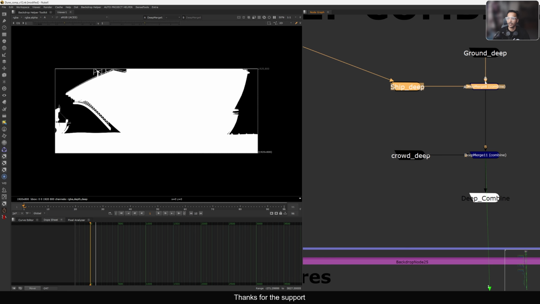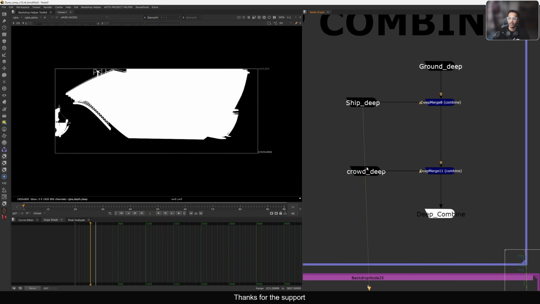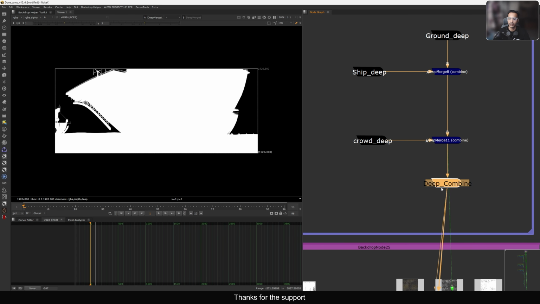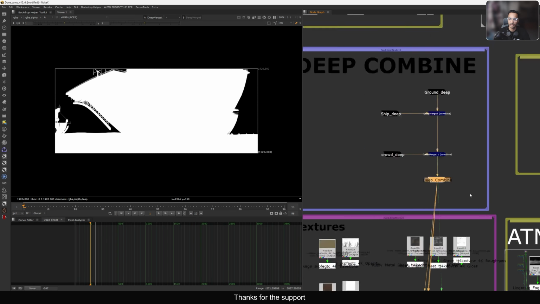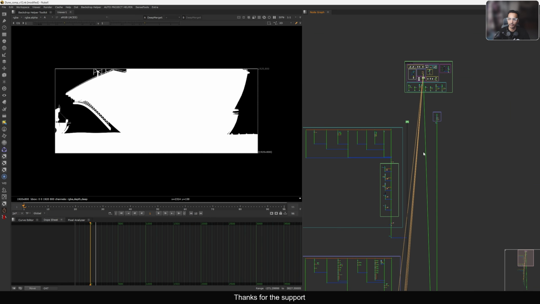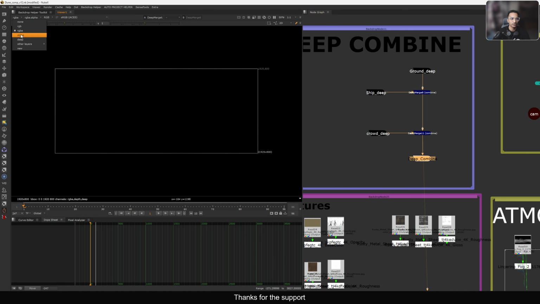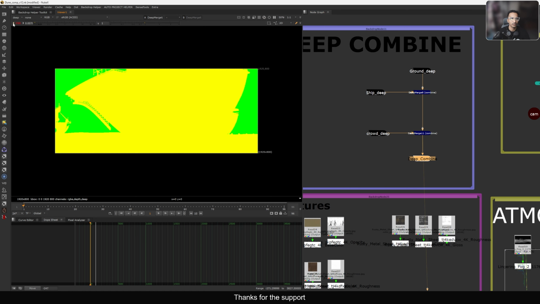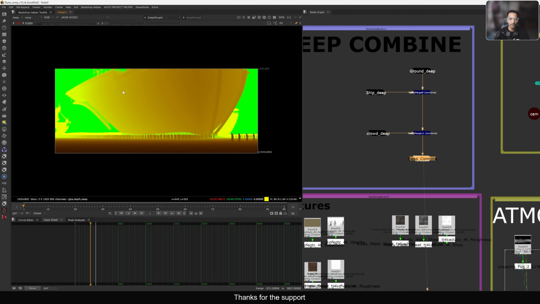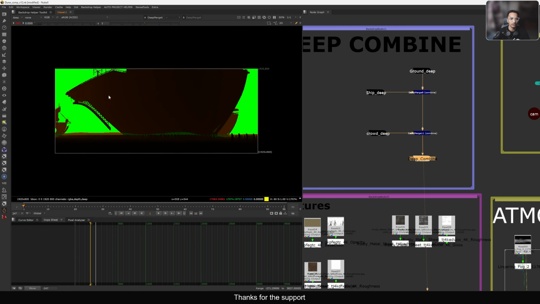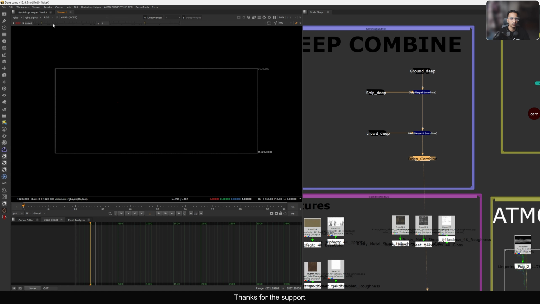So now we have this ground, ship and the crowd. We are merging them all, and now we have this deep combine. I'm using this deep combine in multiple areas down in the stream. Why? Because you want to do some holdouts for the 2D layers. That's why, if I show you, this is only a deep pass, there is nothing inside. If you want, you can render this one out, because this scene is very big. That's why we need to push very hard to the limit in the viewer,